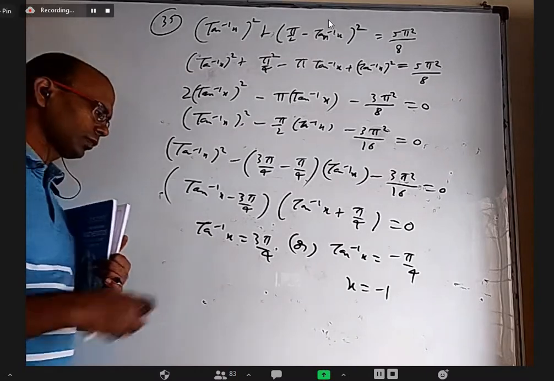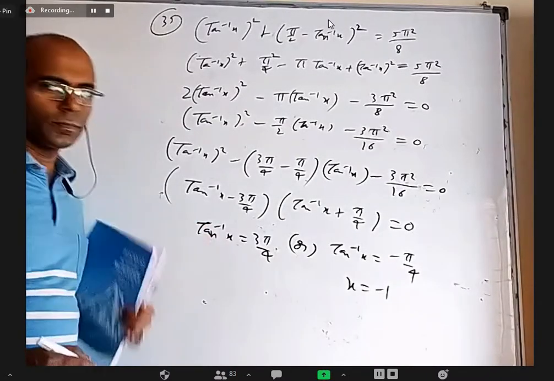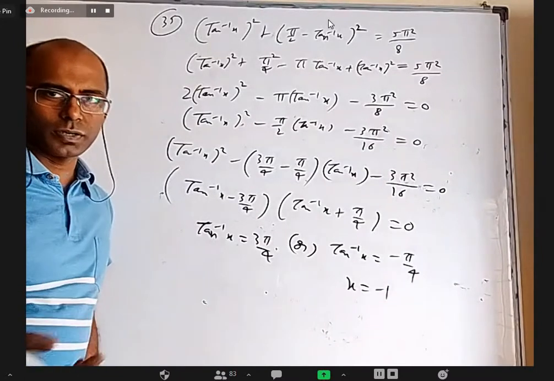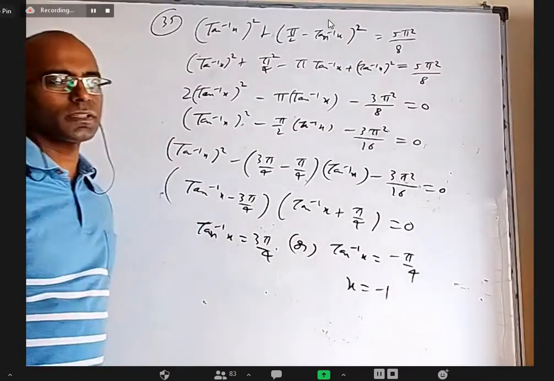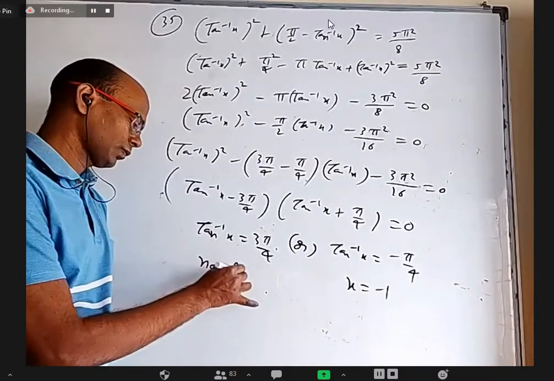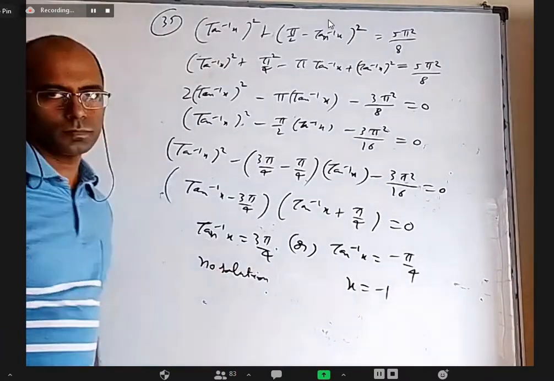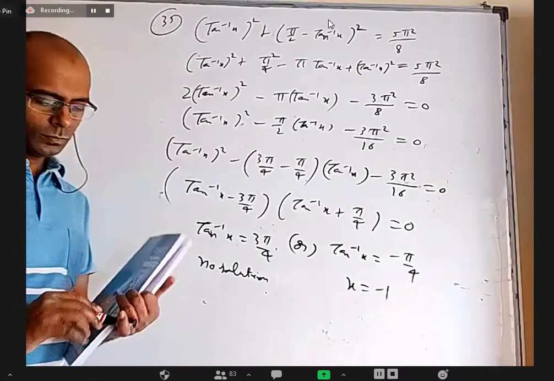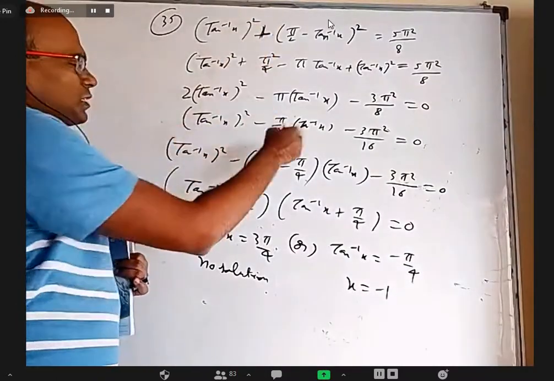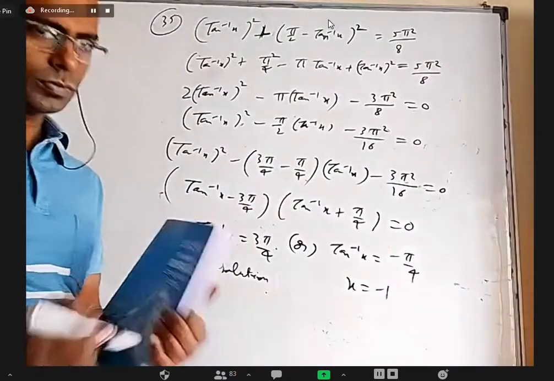Sir, it is not in principal values. Yeah. If you find tan 3 pi by 4, it may appear like minus 1 only value because of the second quadrant. But tan inverse x can never be 3 pi by 4 because the maximum value is pi by 2, and 3 pi by 4 is outside that. No solution. Okay, this is nothing great. Simple quadratic equation solving only. Maybe splitting the middle term might give you some idea.